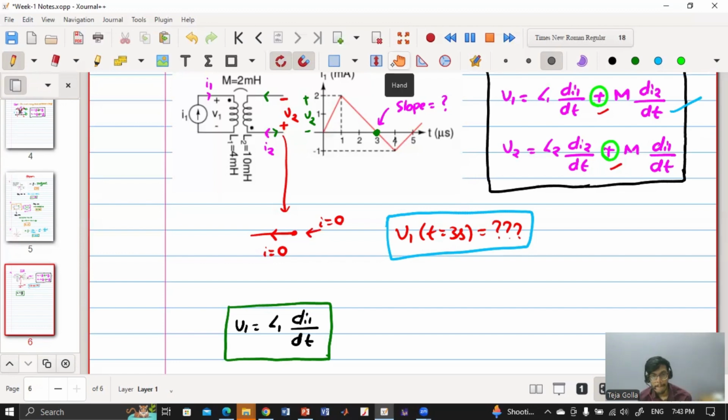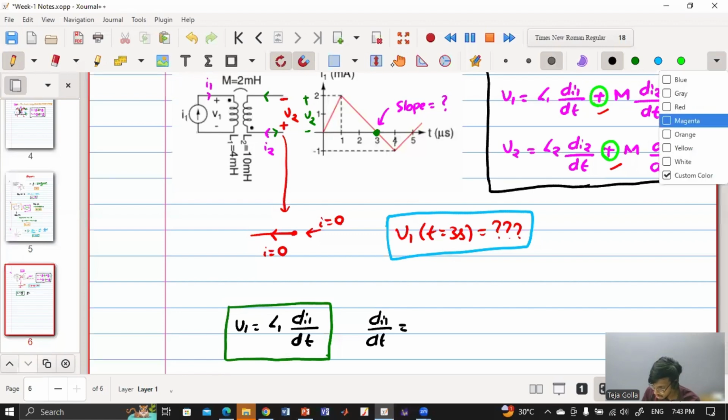Zero. How is it slope? Minus 1. How much? Minus 1. Okay, and how did you get it? Change in the current divided by the change in time. I have considered 2 points at t equal to 1 and t equal to 3. Yes, good. So what she basically did is